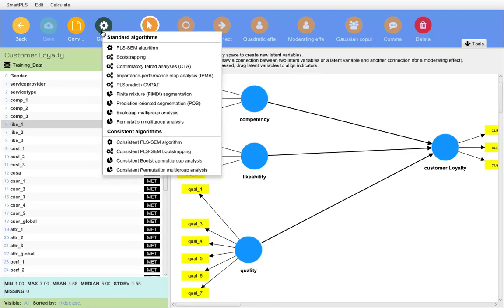Now, what we are going to do is choose permutation multi-group analysis. So select permutation multi-group analysis.